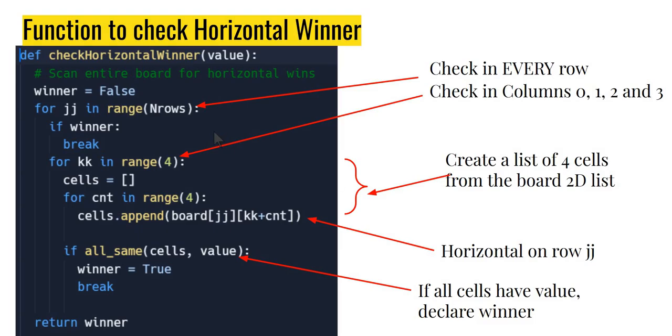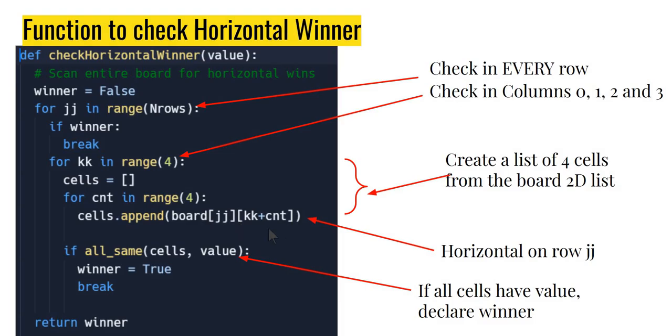Basically, we are going to start with a Boolean variable called, let's say, winner. I set it to false. Now I'm going to look in every row. So that's why I have this JJ going from 0 to n rows minus 1, because really we're looking in every row. However, remember on the column side, we are looking at only column 0, 1, 2, and 3, because only those are the 4 potential starting points for the mini list that we are creating. Now, for each of these, which means, for example, for KK being 0, KK being 1, and so on and so forth, I create a list, I initialize an empty list, and then I look for the next 3 values